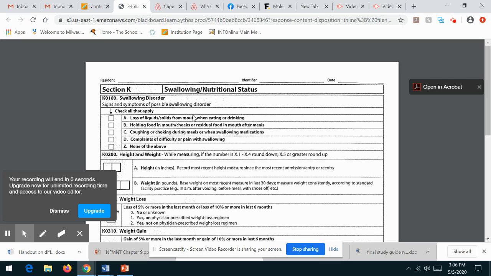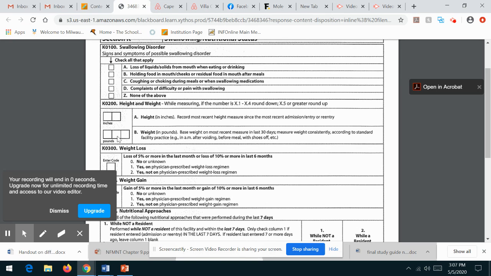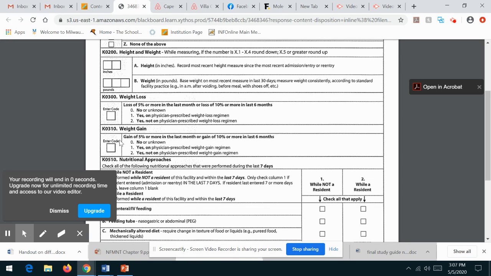speed this process up. Imagine that you're responsible for 300 residents in a long-term care facility and you have a quarterly assessment due on all of them. Well, they're all not going to fall at the same time. So this is something that you're going to be doing on a regular basis, asking them about chewing, swallowing problems, observing them. We're going to record their height in inches, their weight in pounds, and then we're going to determine